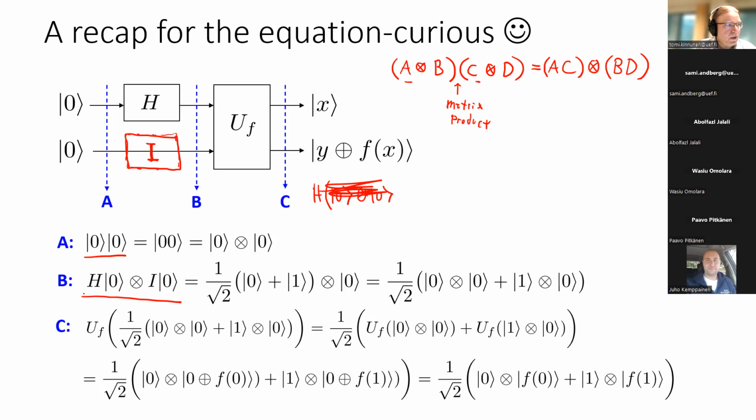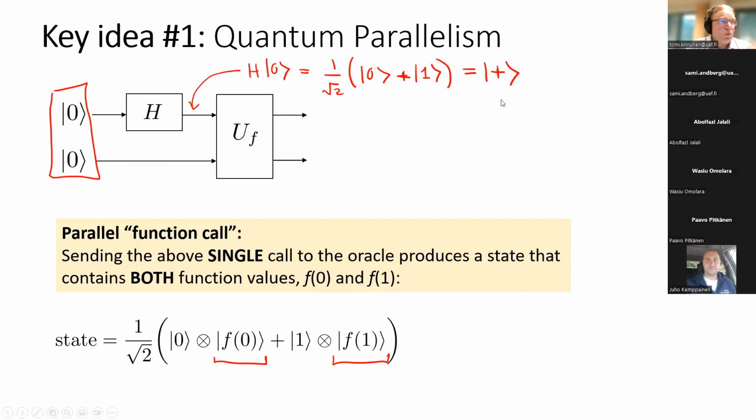So here the Hadamard is applied to the first one, and then the identity matrix is applied to the second one. So it's the same as the tensor of this Hadamard and I matrix applied to the tensor of 0 and 0. It can be a little bit confusing, but again, it's just algebraic rules. And by applying these rules, you can see the quantum parallelism coming out here. So that's the point of this kind of analysis. Okay, fair enough. So that was the quantum parallelism.